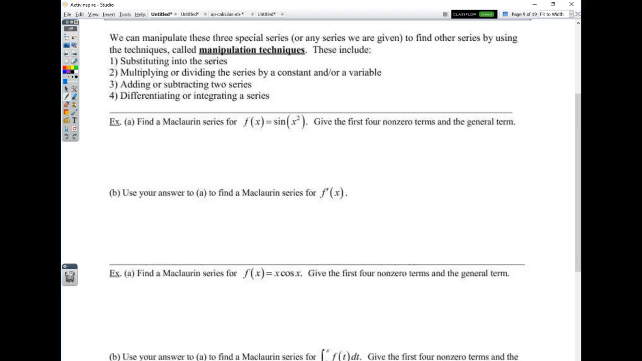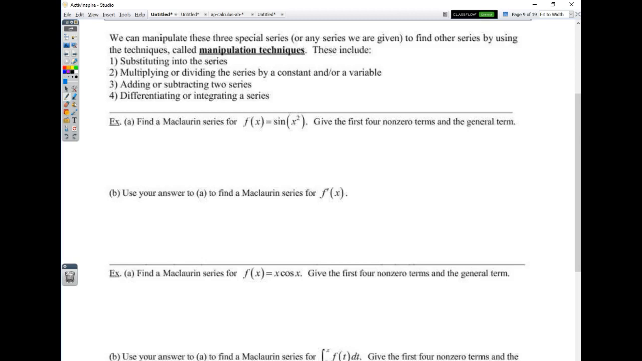All right, so today we are going to focus on the manipulation techniques of the Maclaurin series that we came up with yesterday. We came up with 3 Maclaurin series: e to the x, sine of x, and cosine of x. And we actually did one of the manipulation techniques already on one of the problems. But the whole idea behind this is that